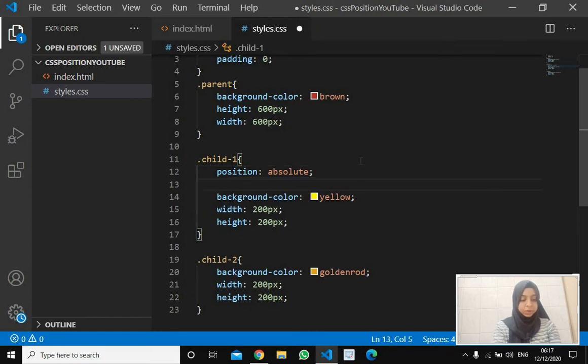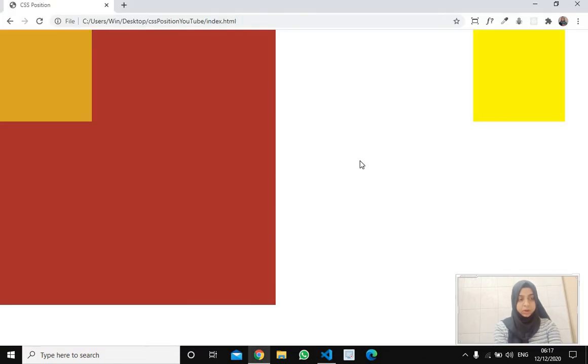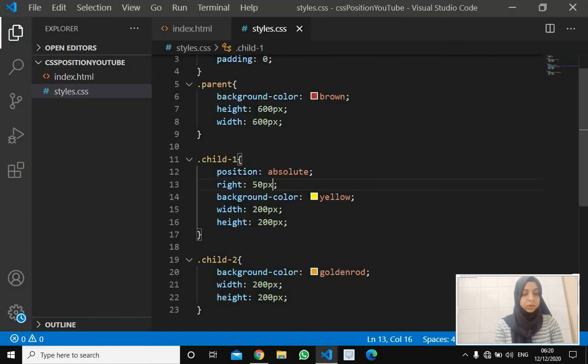So position absolute, for example, if we give it a right of 50 pixels and we save. Okay, so what absolute position does is, if we give an element the position of absolute, it positions itself relative to its parent container. So if the parent container has any position other than static, then it will align itself relative to its parent container.